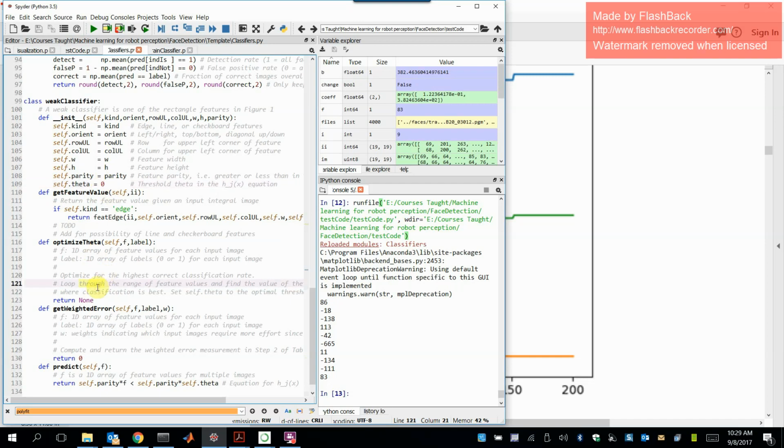And so this thing doesn't return anything. This doesn't have a return value. The result of it is that it sets the data member theta to be the optimal value. So it returns nothing. None. Okay? So you need to write that function. It's just simply a for loop, really. And then you have to evaluate,